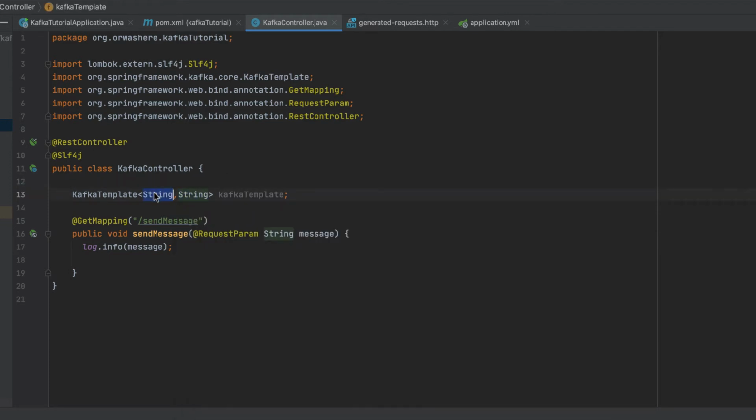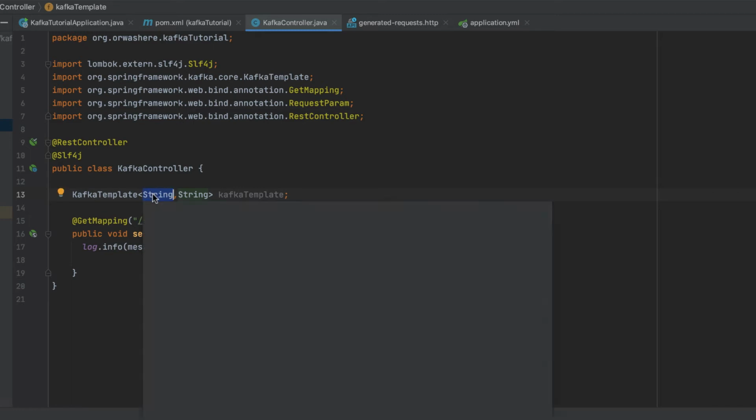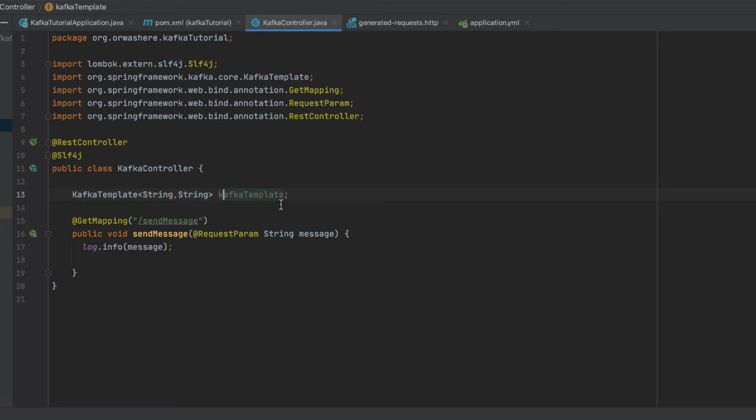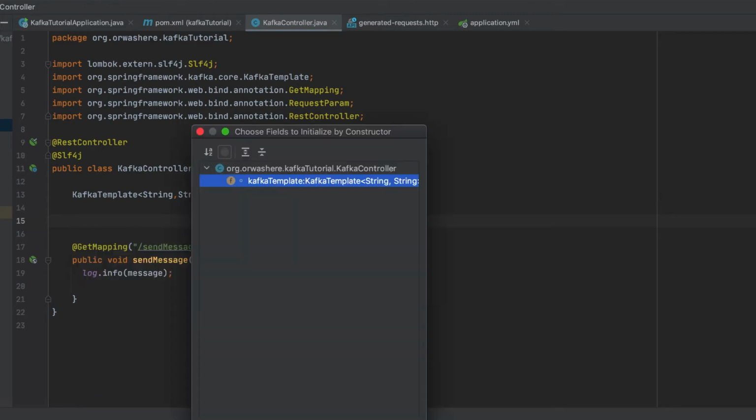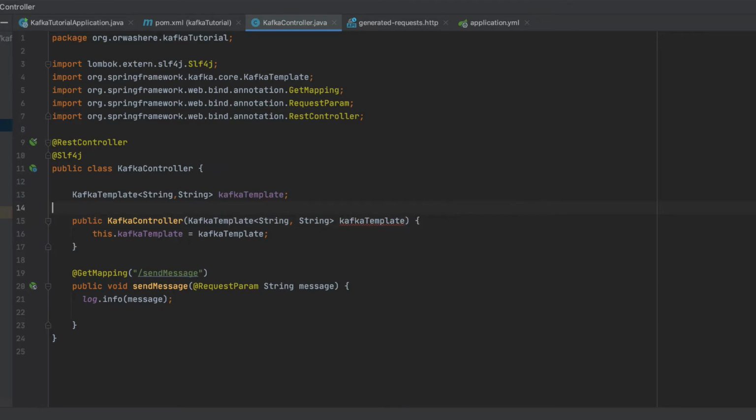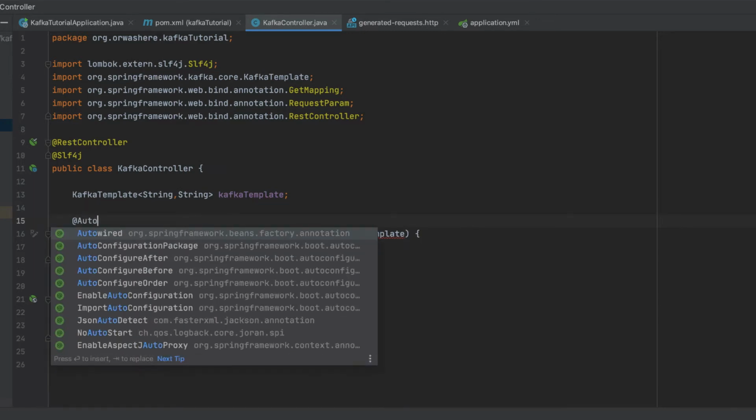And the first part of this generic entry is about the type of the key. I'm going to be talking more about these, but for now, let's go and add a constructor, and let's